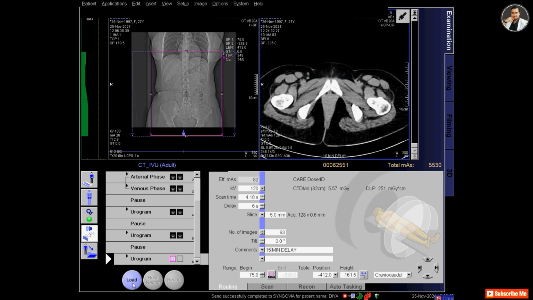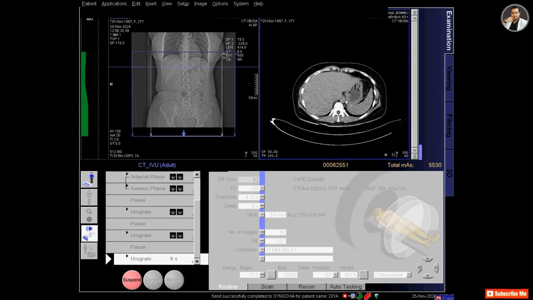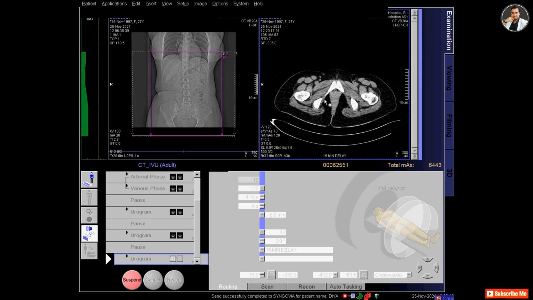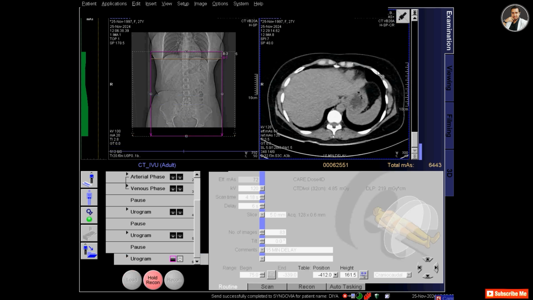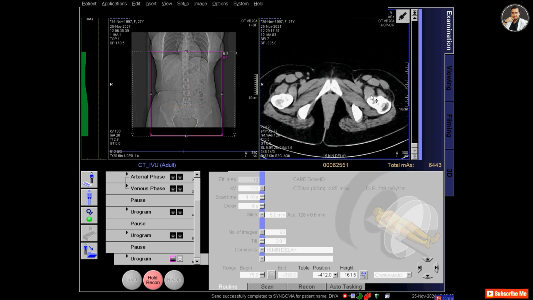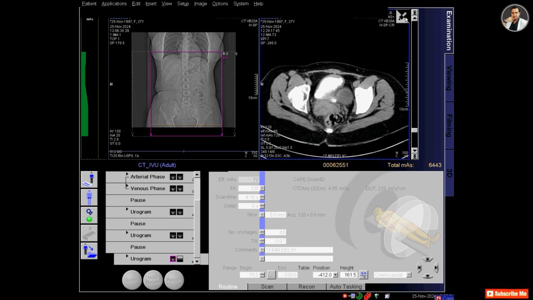After 15 minutes I am taking this scan, and I press the move button again so that the table moves to the center point, and now the 15-minute scan is happening. And in this scan I can visualize both ureters, but the right ureter is not visualized in the whole length, and also the bladder gets the contrast.